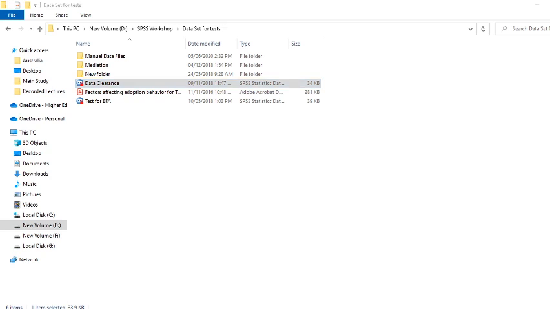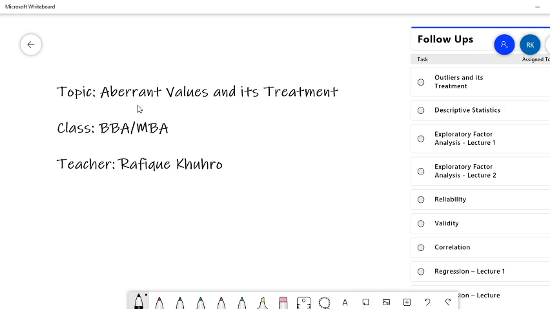This is your lecture on aberrant values and its treatment. Then we will discuss outliers. These are three matters to be dealt with in data clearance: first is missing value, second is aberrant value, and third is outliers.